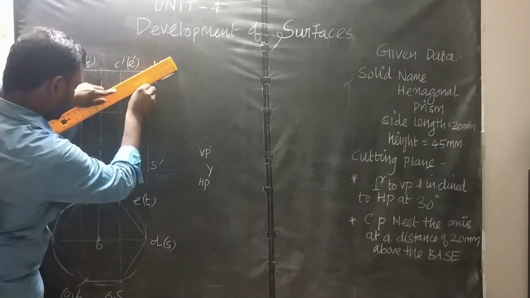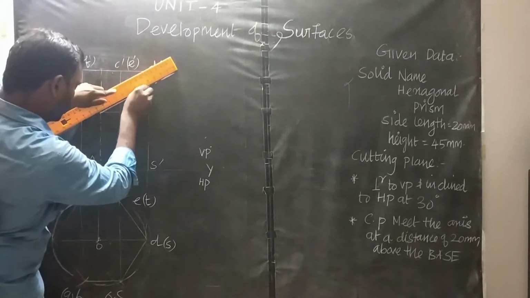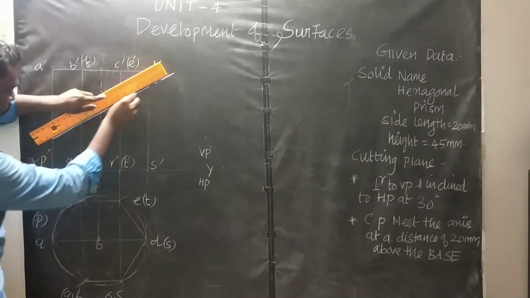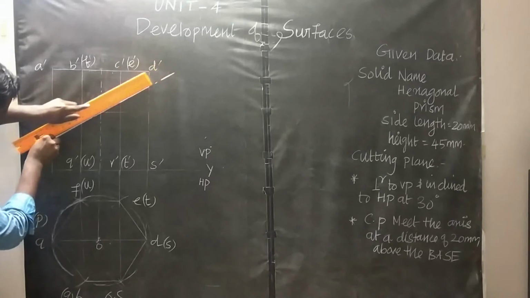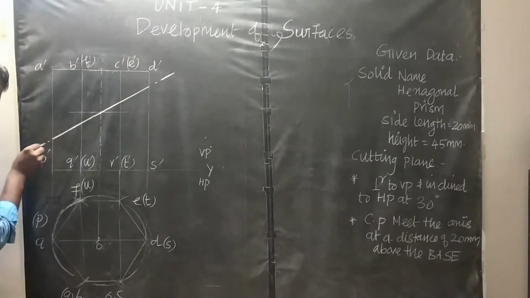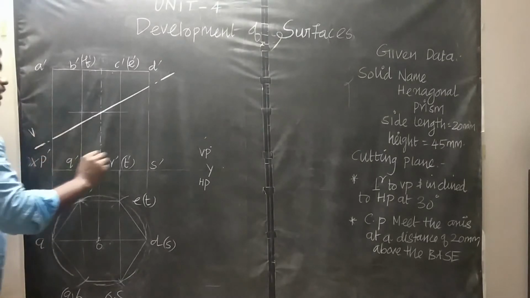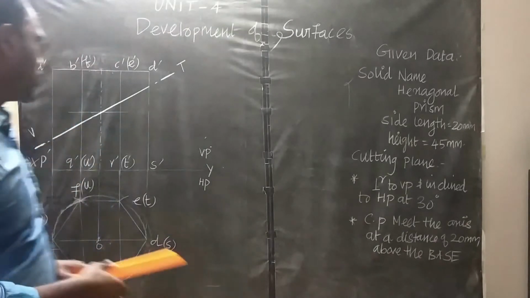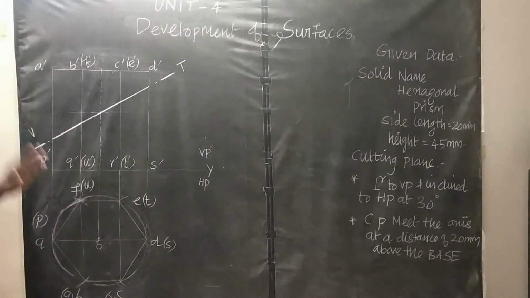Then this line draw darkly, because after sectioning this is your visible boundary. Then leave a small space, one dot, then dark end. Like that, draw your cutting plane. The cutting plane name is VT, vertical trace. After drawing this cutting plane, the portion that comes above the cutting plane is not required for our study.